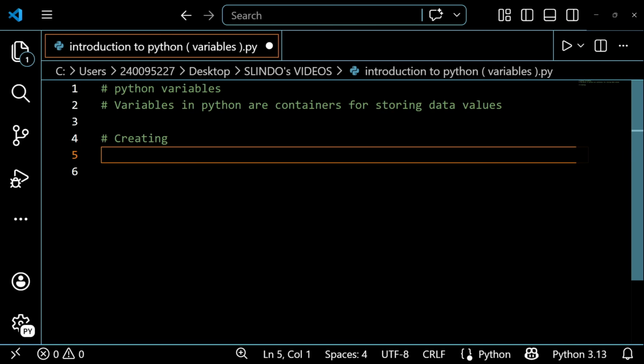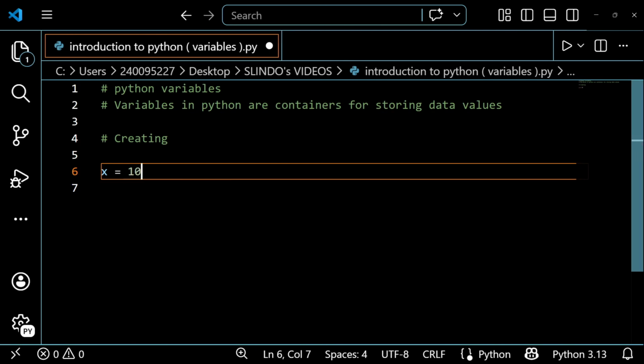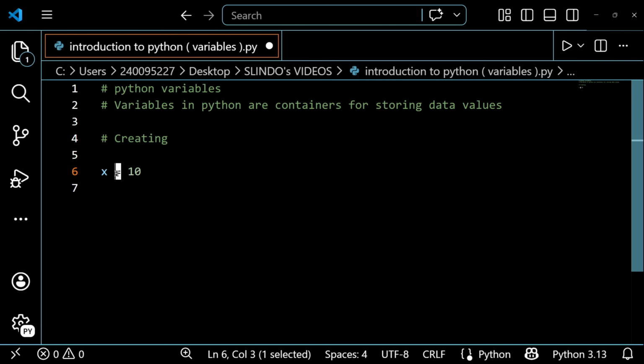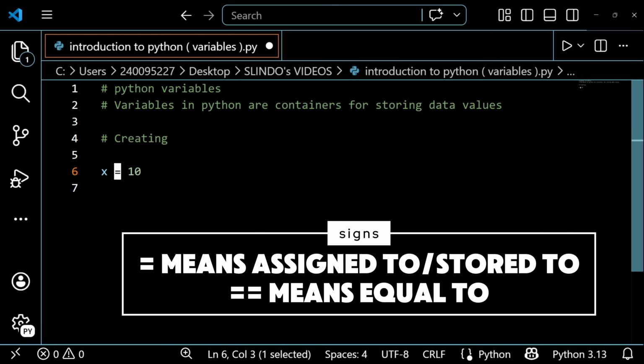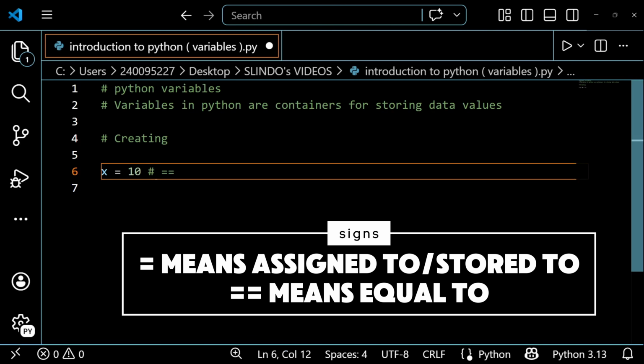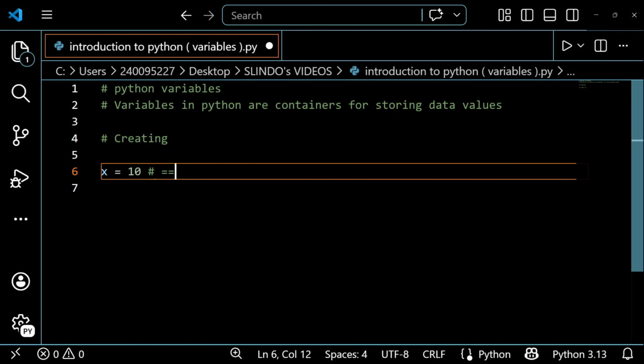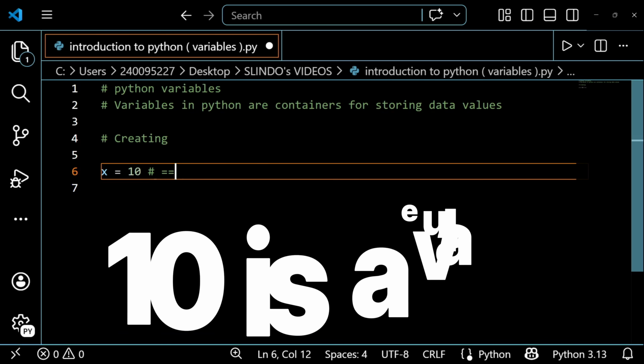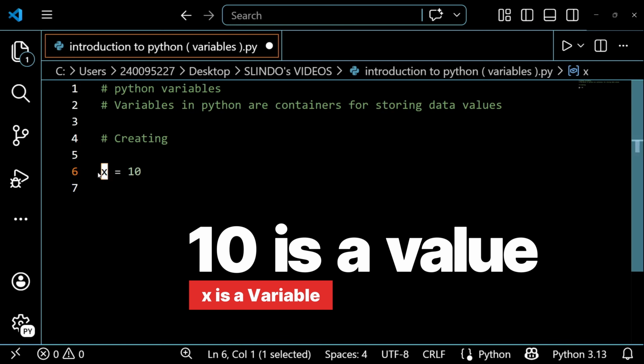For instance, let me just say x is equal to 10. X here is a variable because it is assigned 10. This sign means assign, not equal, in Python. The sign of equal in Python is this one. But this one is for assigning. What I'm trying to say is that 10 is a value here and x is a